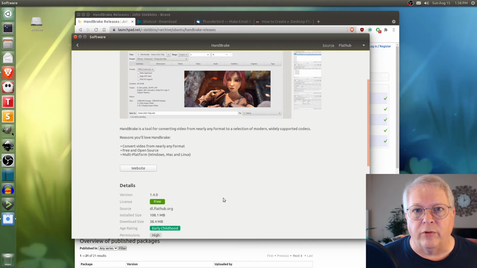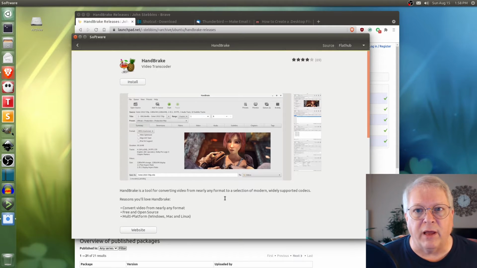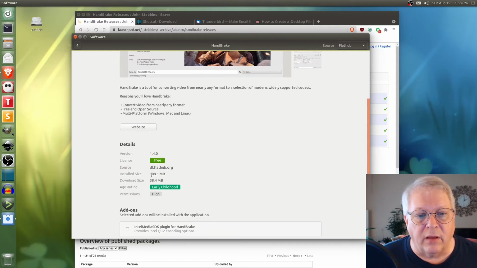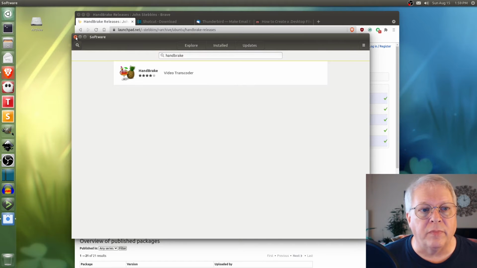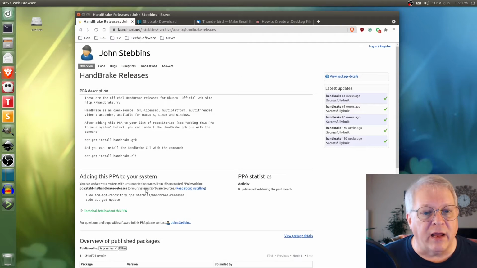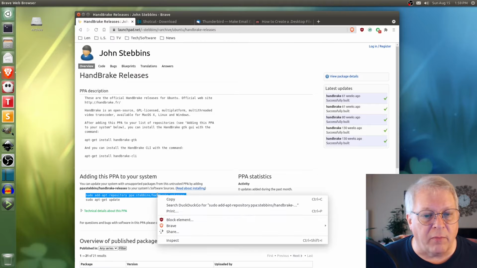If you don't want to go through this process, this is a simple way of being able to put it on. But big install size and download size. I'm not going to use this. I'm going to use what's coming directly from their servers. And what I'm going to do is I'm going to go ahead and I'm going to copy that